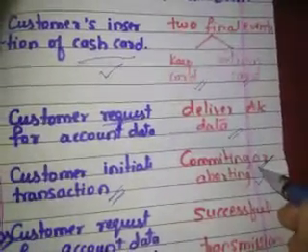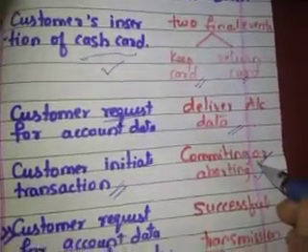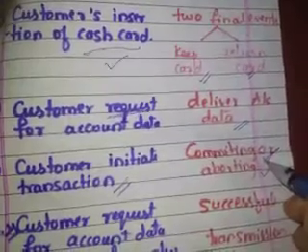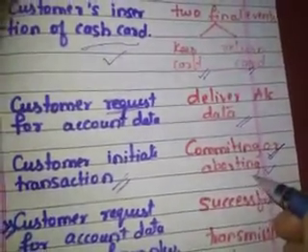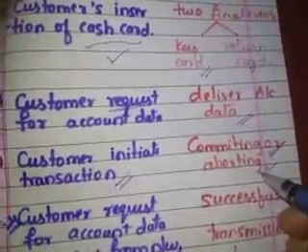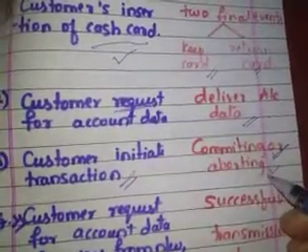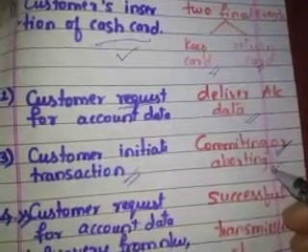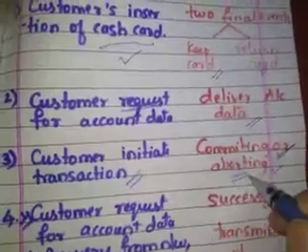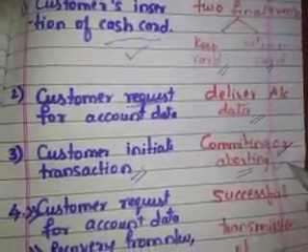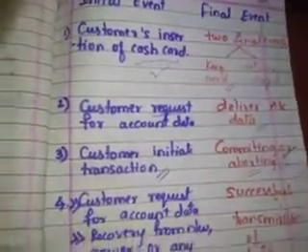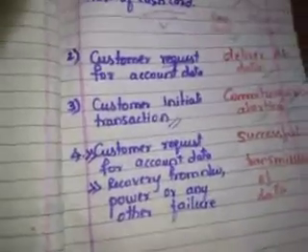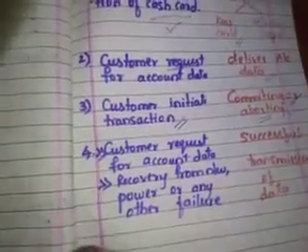That is, either your withdrawal will be successful and it will be reflected in your bank account, or you may abort it because of some system failure or the wrong data that you have inserted. It may be aborted, are the two final events, right? And the last one was transmitting the data.